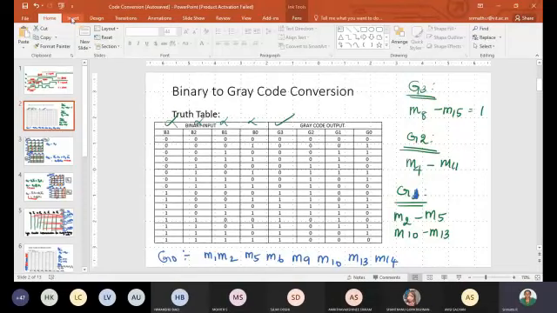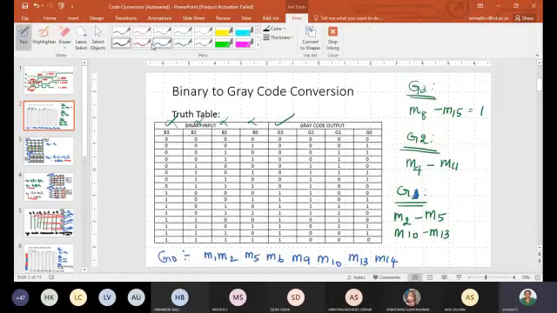We will go ahead with 4 bits, namely binary, the least significant bit B0, B1, B2, and B3. Four bits. Let me start with 0 itself. Similarly, the gray code output is G0, G1, G2, and G3.